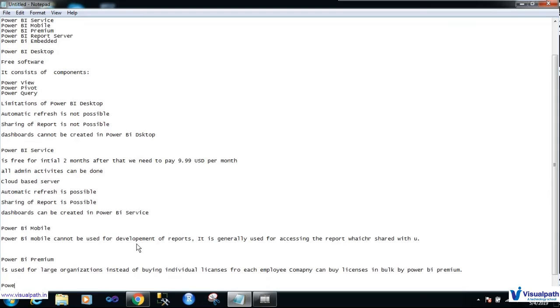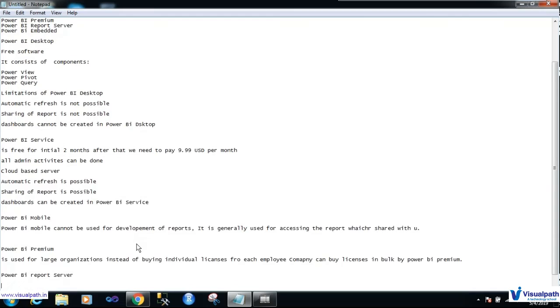Next one is Power BI Report Server. This is an on premises server. We can build the reports on premises servers, and whenever we want to get those reports to the cloud and share with anyone, we can do that. We can share those reports to the Power BI service cloud. You got the point? This is on premises servers. You don't need to deploy to the cloud until you require it. Power BI Premium we have discussed.